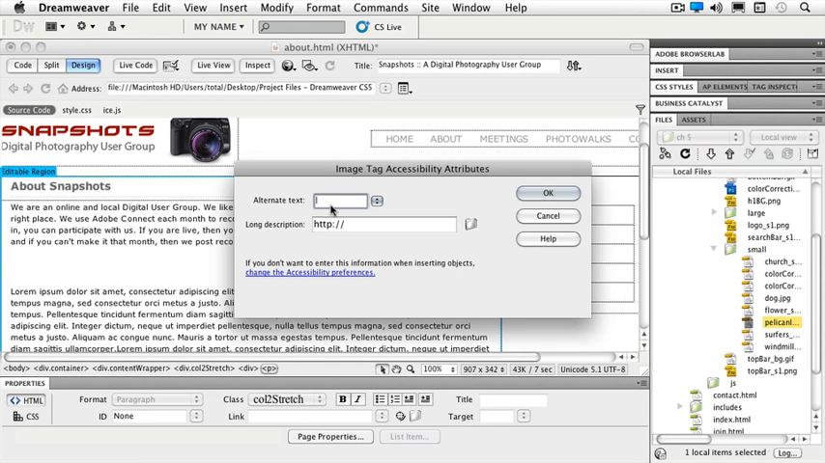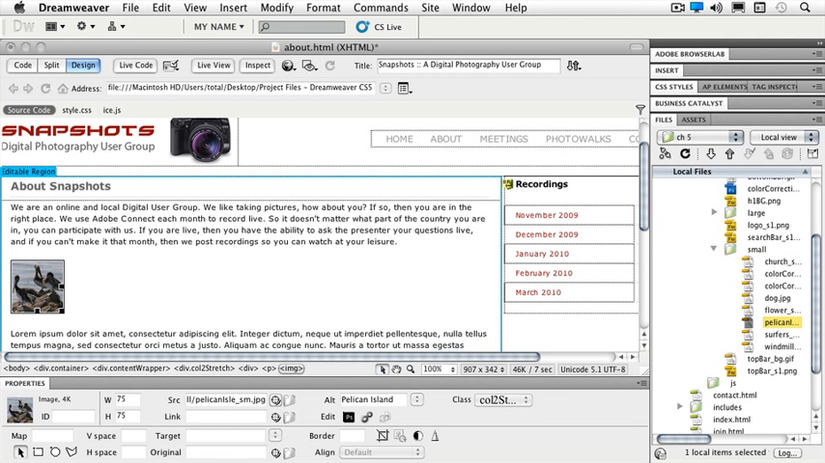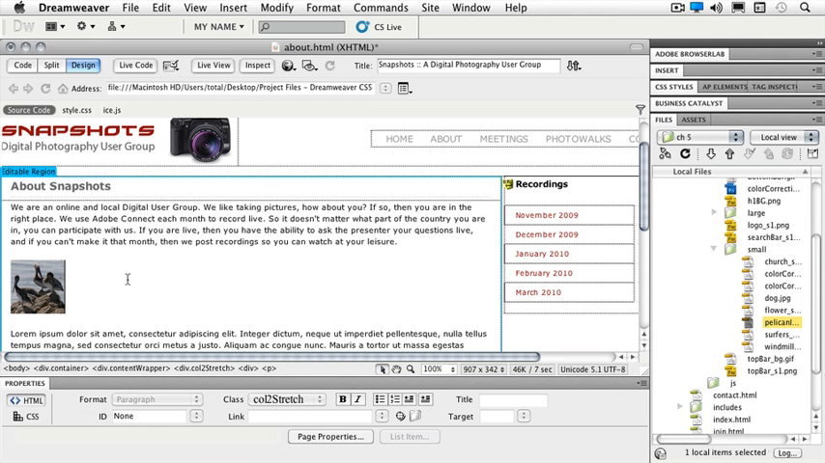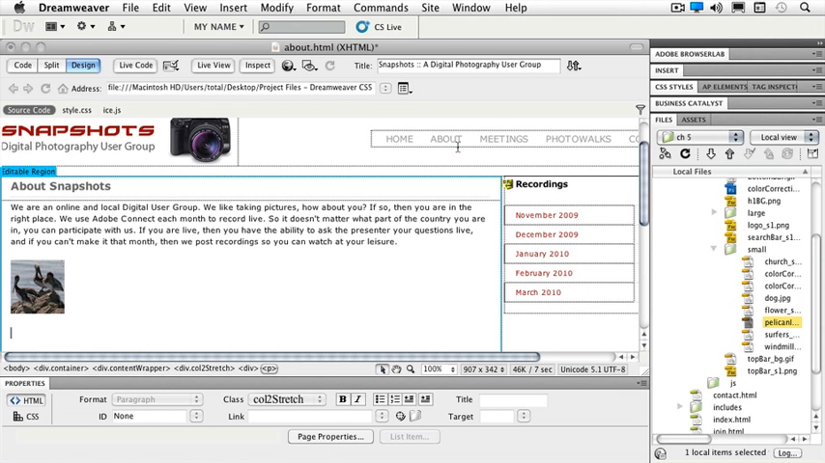So I'm going to type Pelican Island. And click OK. So if we look at our property inspector, we see that our source is our small image over on the side, and our alt text is Pelican Island. Okay, let's put our cursor to the side of that and hit enter or return. And if we go to our assets